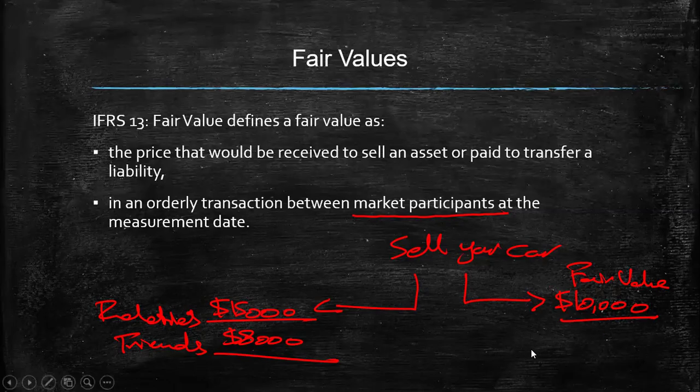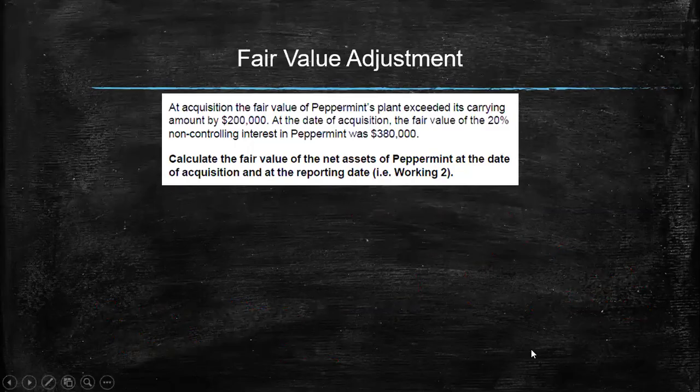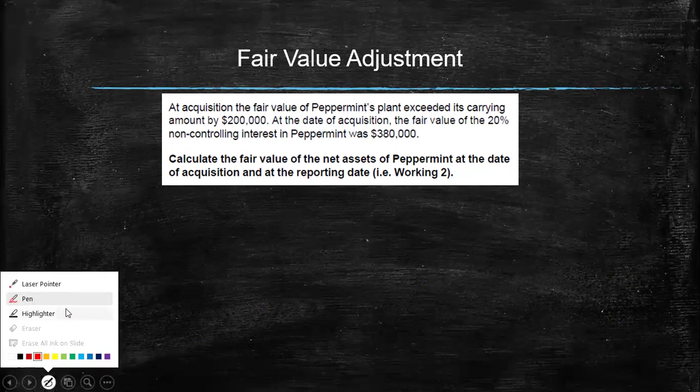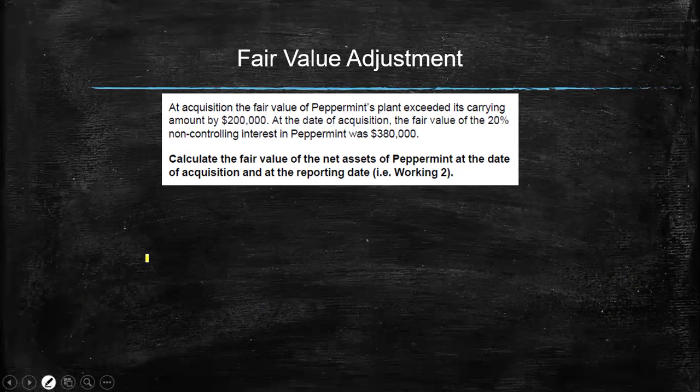Now, how is fair value applied in consolidation? Well, consider this scenario here. At acquisition, the fair value of Peppermint's plant exceeded its carrying amount by 200,000. So, whenever a company is about to be purchased, now in this case, Peppermint is being purchased. Peppermint here is the subsidiary. Whenever a company is about to become a subsidiary, which means that it is about to be purchased by an investor, by a parent company,